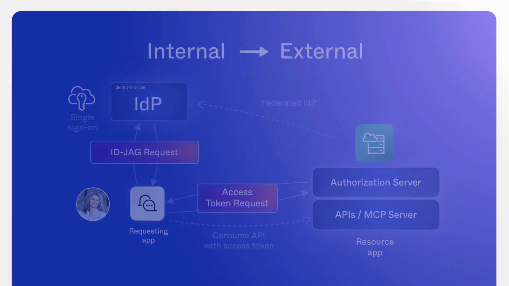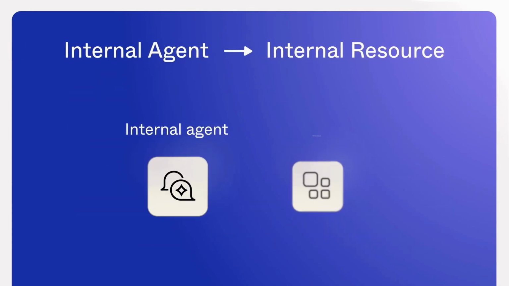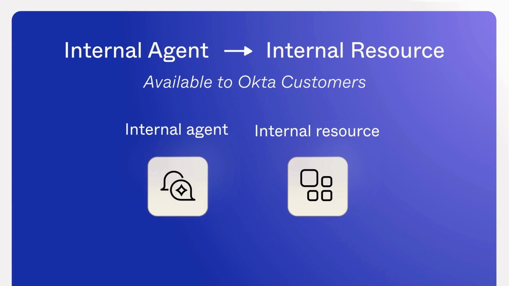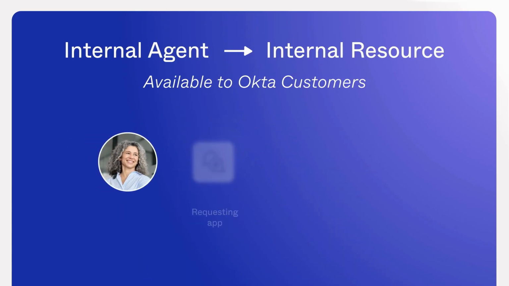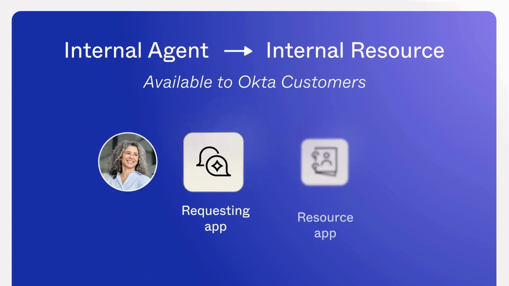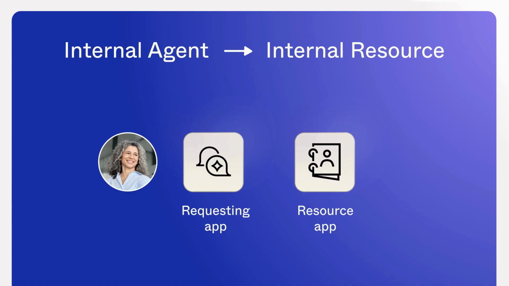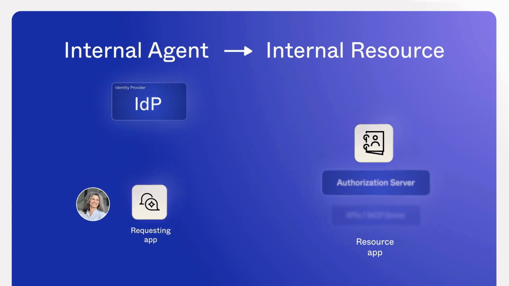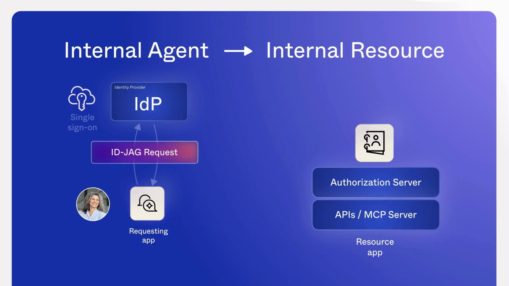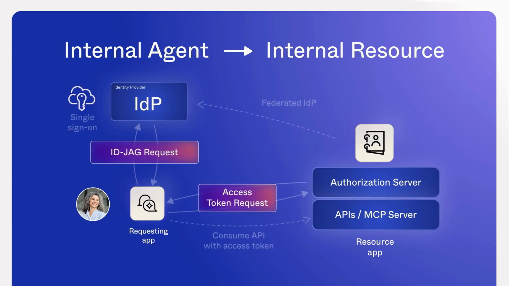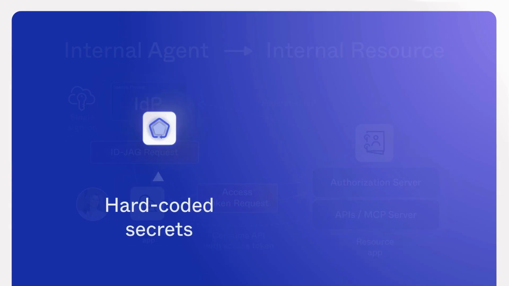Now we can see this used for internal agents connecting to internal resources. In this scenario, everything stays within the enterprise perimeter. That same HR agent might need to pull data from a private employee directory. Cross-app access allows enterprises to build powerful, custom automation that connects enterprise agents to internal APIs securely, replacing hard-coded secrets